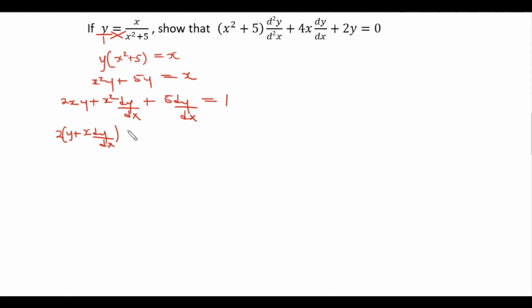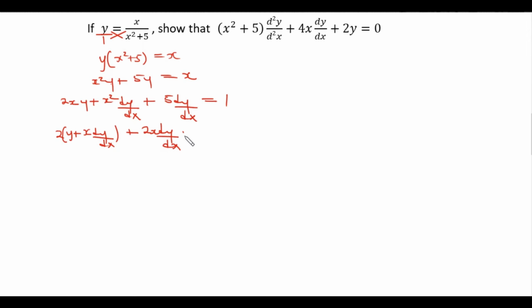Plus, again, differentiate x squared, keep dy/dx, and then you differentiate dy/dx, keep x squared. So now we differentiate x squared, this becomes 2x, and then we keep dy/dx,